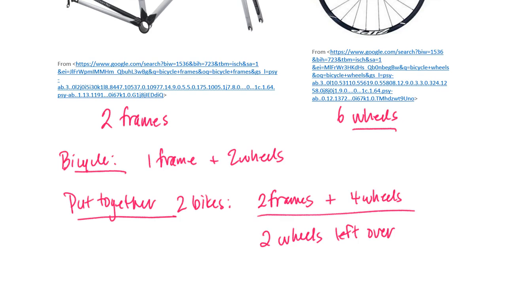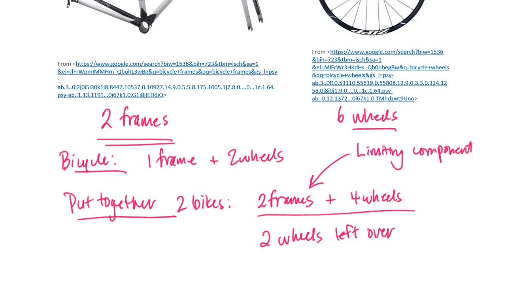First, notice that my process is limited in the sense that because I only have 2 frames in the shop, once I actually use up those 2 frames, the process has to stop. Even if I have more wheels, without frames, I can't continue to make bikes. And so because the frames actually limit my process, they can be considered the limiting component